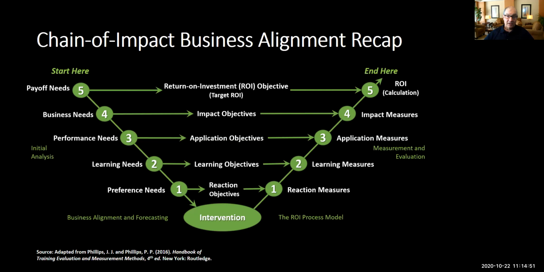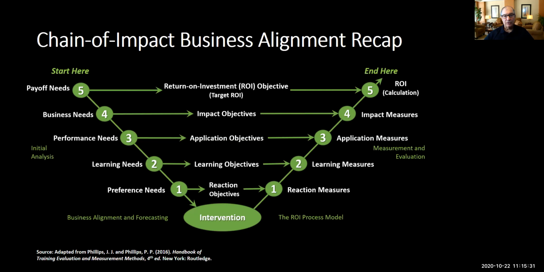So, the reason why you want to do that one, let's say, and I'm just throwing a pretty common number out here, 3 months after the learning intervention is over, is so that they can practice on the job. That is, they can use the new skills and have them become habit on the job. And the reason why you do the level 4 measures, let's say it's 6 months, again, a very common measure, is so that those habits have a chance to result in some business measures or some business outcomes or impacts. So that's what that's about.